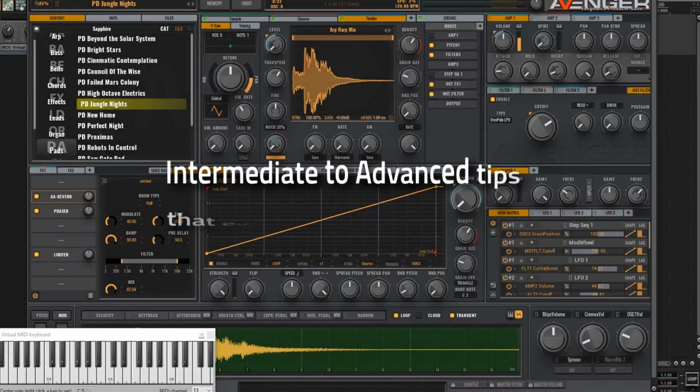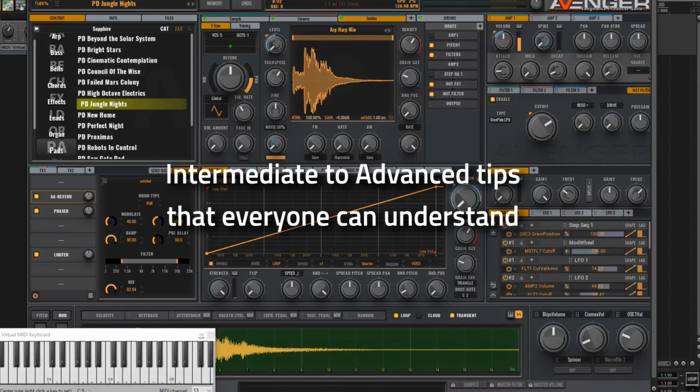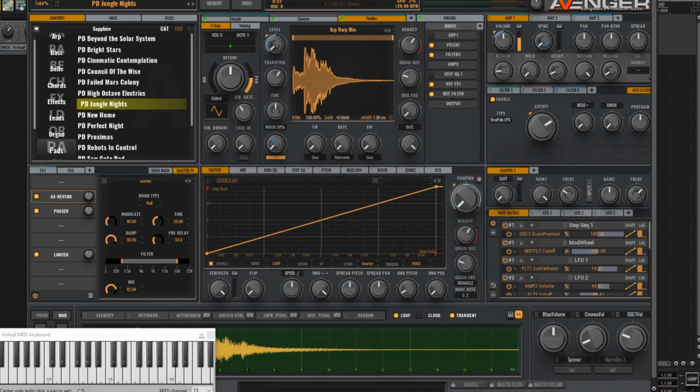This video is part of my quick tip series. So this week's tip is how to reduce harsh frequencies in Avenger. This happens especially with pad presets because these sounds are normally longer and so there is time for frequencies to build up as opposed to, let's say, a pluck sound, which is a very, very short sound. So I'm going to give you a few tips on how to deal with that frequency buildup and make things